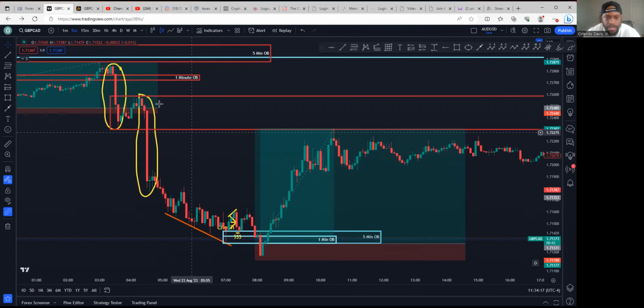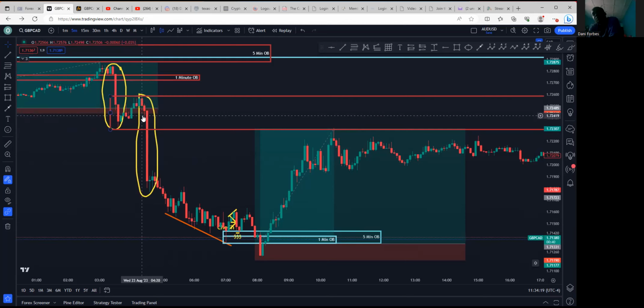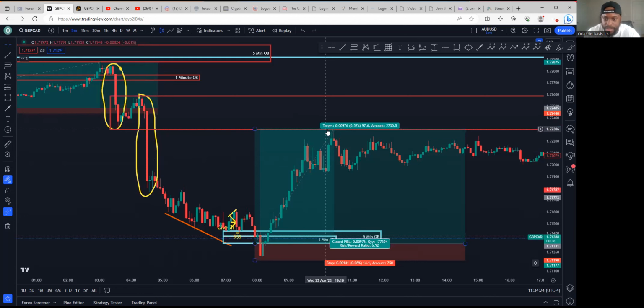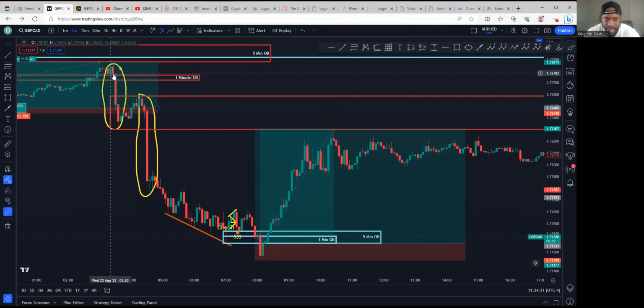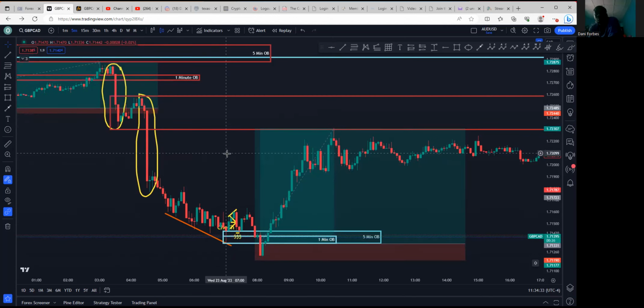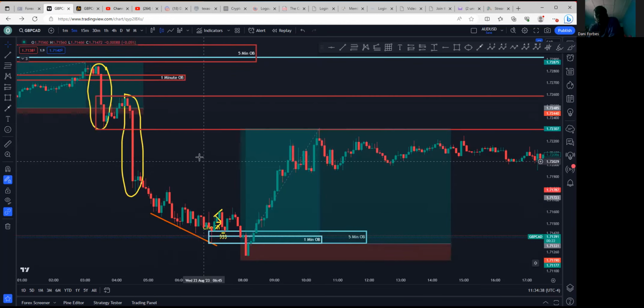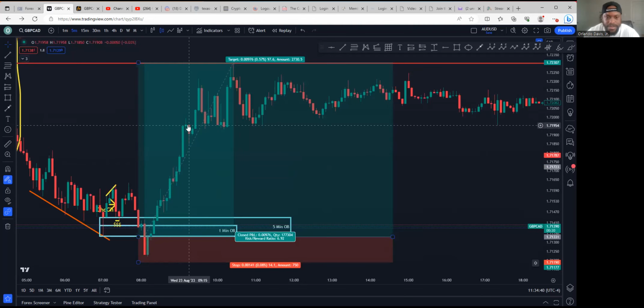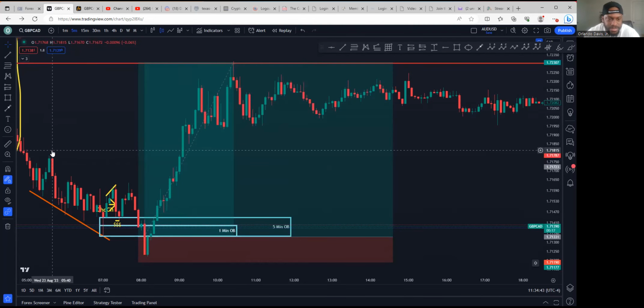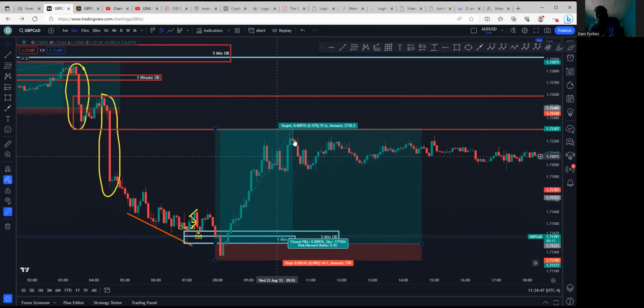I'm at least going to what? The most recent imbalance, minimum. This is where you can take partials, close 50%, and put your stop loss at break even if you're going to ride it back up here. But guess what? The reason why I just went ahead and closed the entire position is that by the time it broke this high right here, this structure, I closed 50% partial, my stop loss at break even. Okay, cool, let the rest ride because my overall TP was right here anyway.